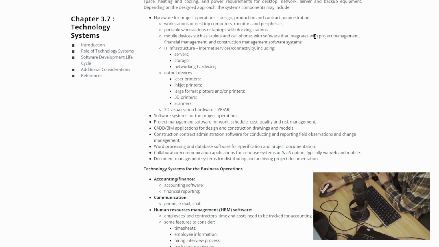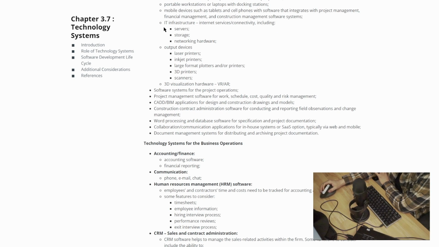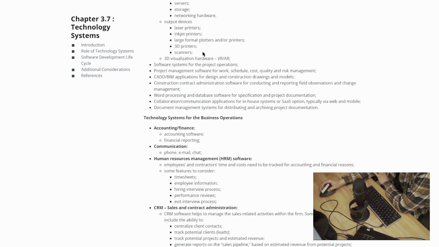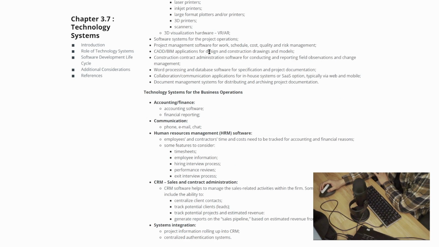with software that integrates with project management, financial management, and construction management software systems; IT infrastructure, internet services/connectivity, including servers, storage, networking hardware; output devices: laser printers, inkjet printers, large format plotters and/or printers, 3D printers, scanners, 3D visualization hardware, VR/AR; software systems for the project operations: project management software for work, schedule, cost, quality, and risk management, CAD/BIM applications for designing construction drawings and models,